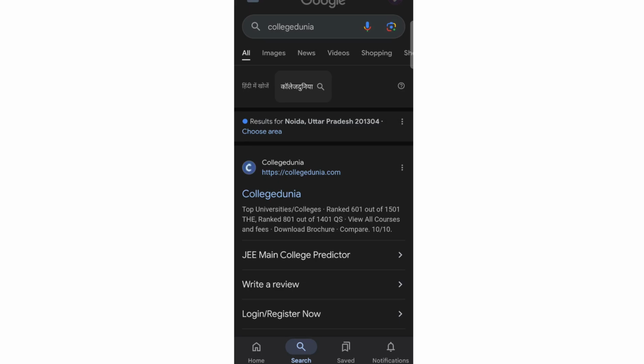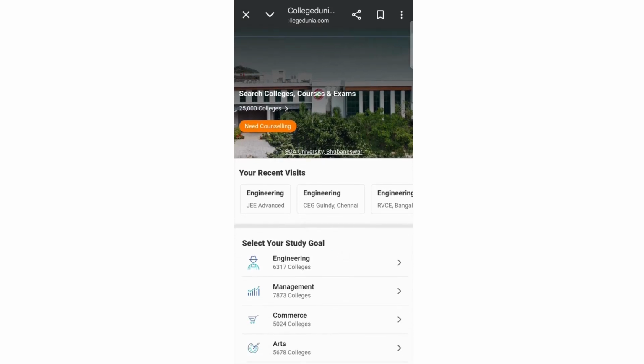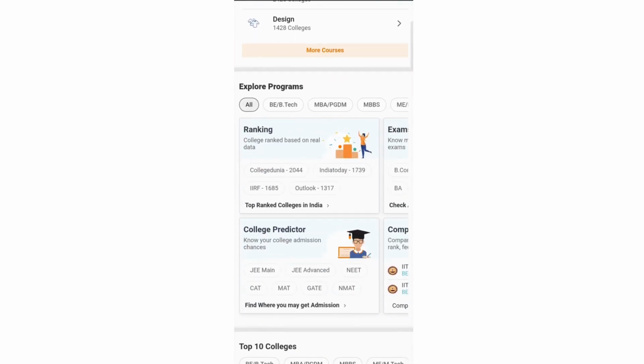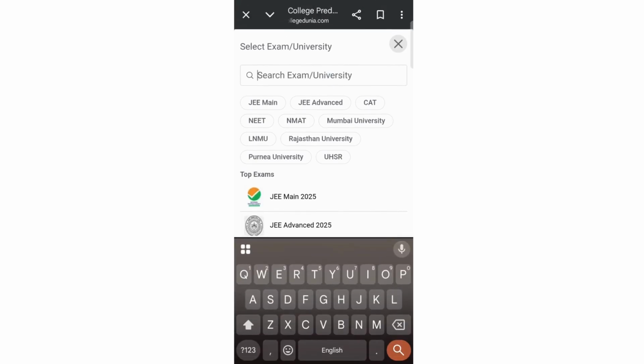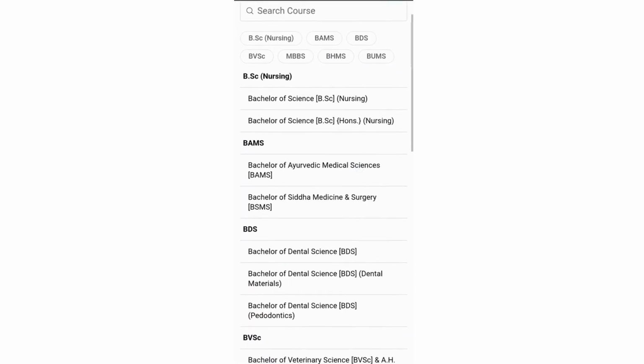So first you have to search for the Collegedunia website, that is Collegedunia.com, and once you see this page you have to click on it, and once you reach the website you will scroll down below and you will see the college predictor section. So click on that, and then you have to select the exam and the course you want to pursue. For example, the exam that I want to do is NEET, and for example I want to do